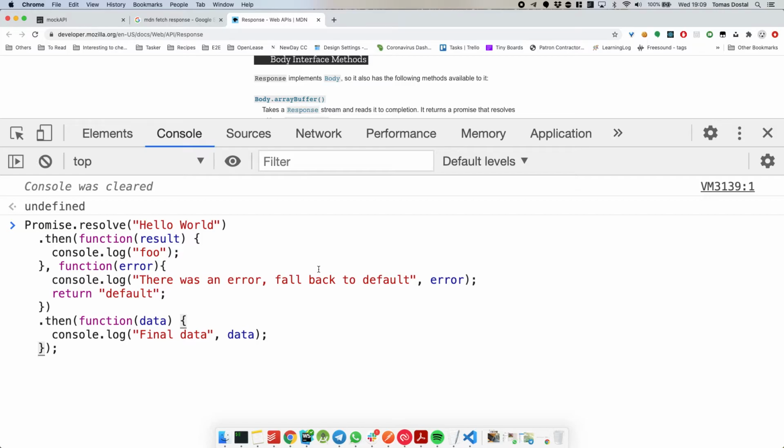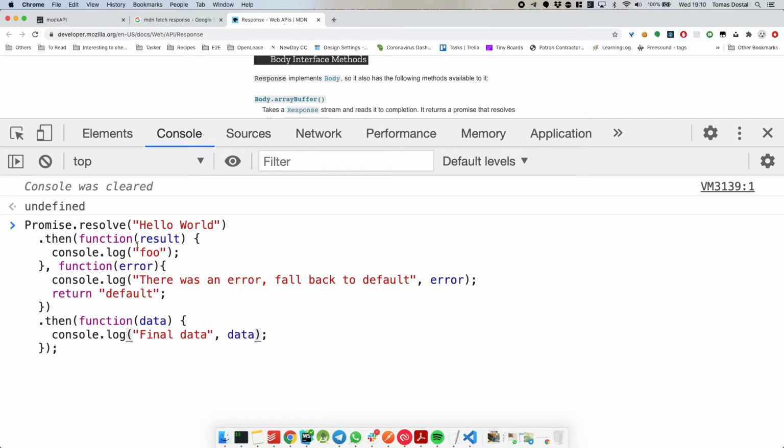What do you think, Thomas? Well, the first then, there is no return. I don't know if console log automatically returns something or if it's just going to be nothing. So there is no return in here. So nothing is going to be passed down here.